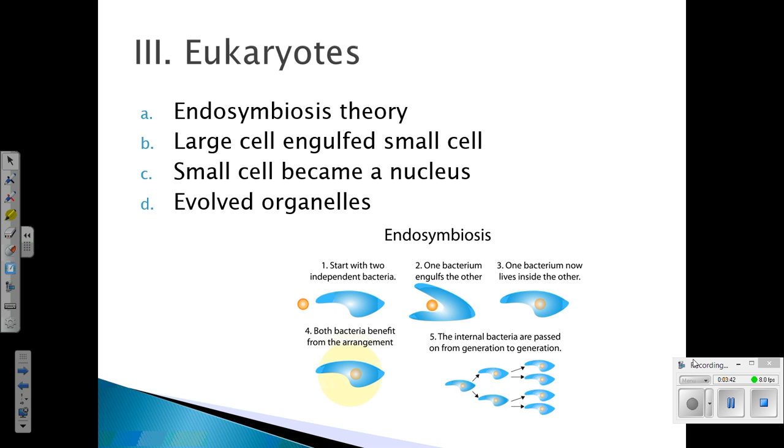The big question is, how did those eukaryotes develop from a prokaryotic cell? And the main theory is called the endosymbiosis theory, which is the idea that one prokaryote engulfed another, and that prokaryote became a nucleus. There's a lot of evidence for this. If we look at the nucleus and what is in it, it's a double membrane organelle, just like the cell membrane of a cell. And then it has a lot of structural features that are very similar to a prokaryotic cell.